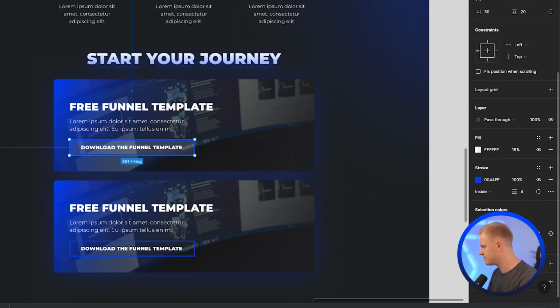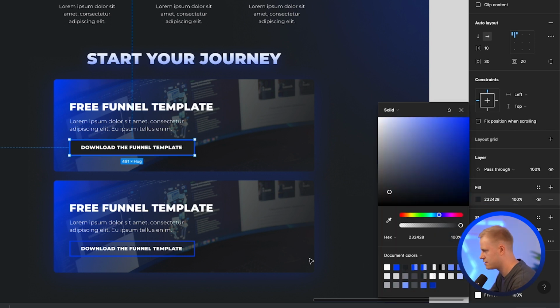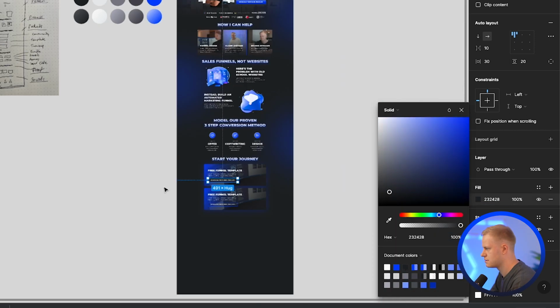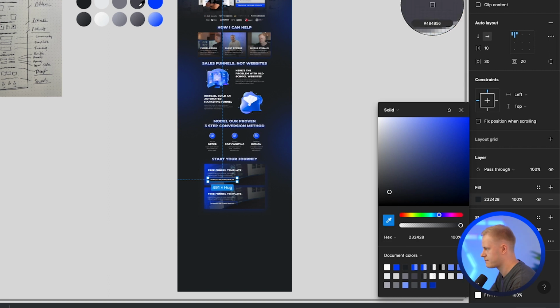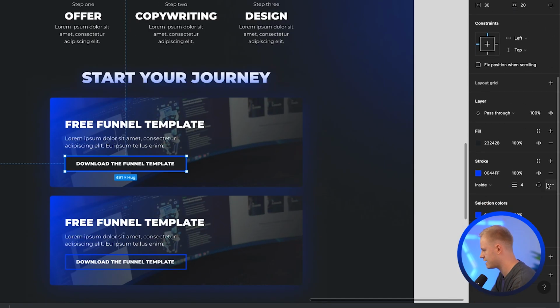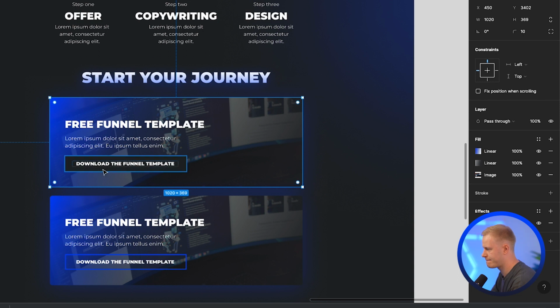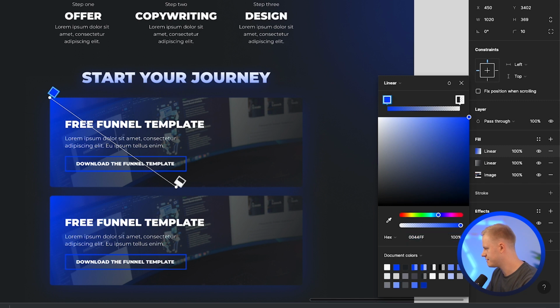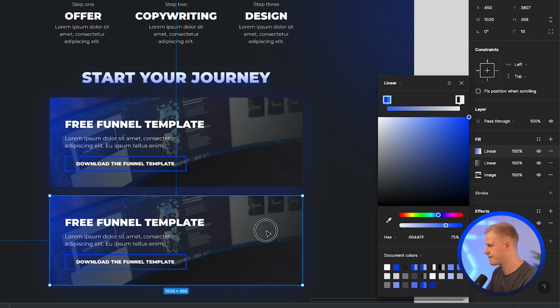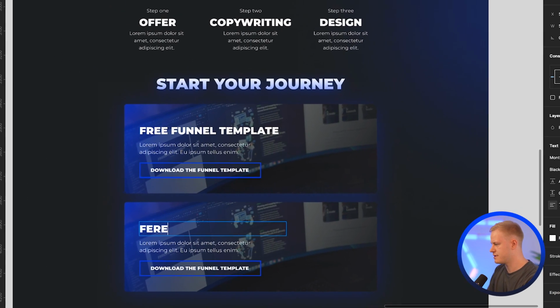Or, you know what we could do? We could fill with this. Or this. But then I wouldn't add the stroke. Nah, I prefer this. I think this is still a little bit too bright. Maybe 75. And then this would be free